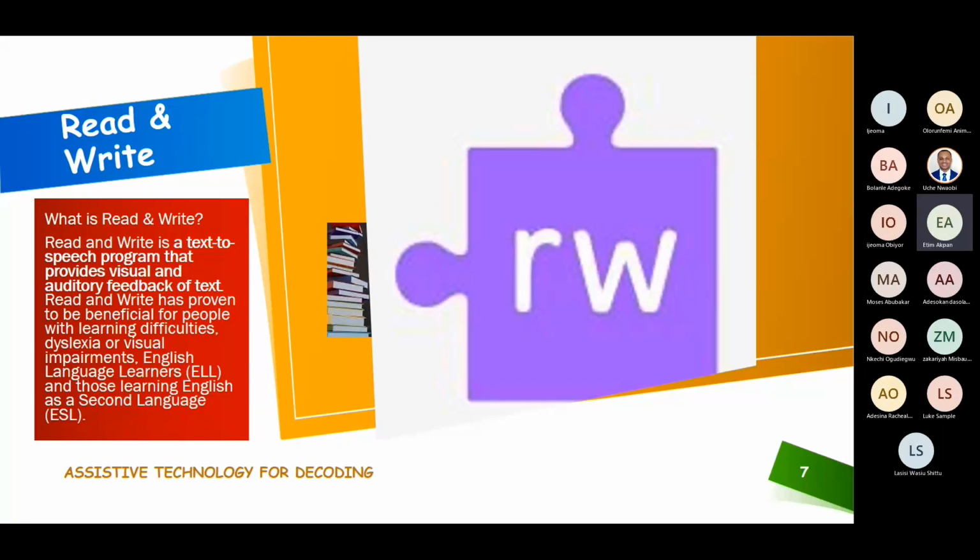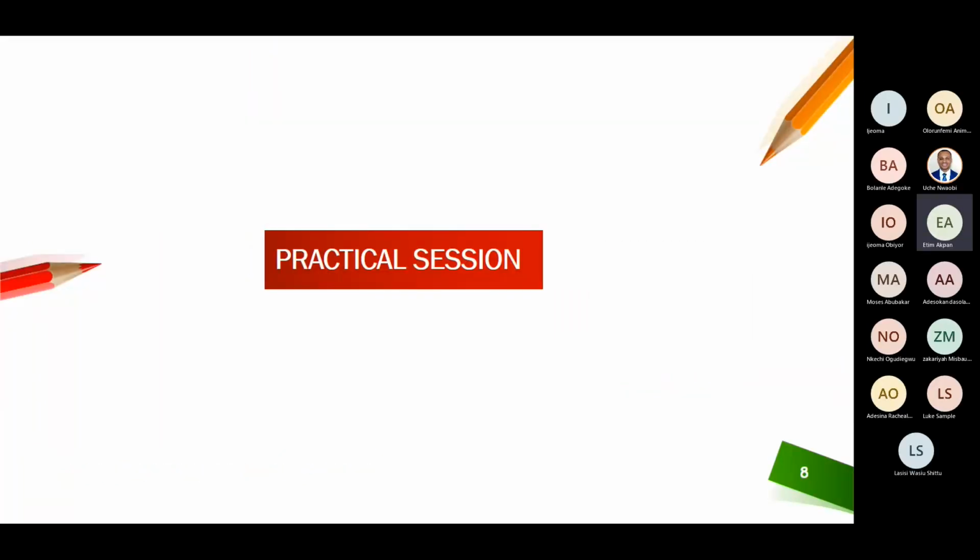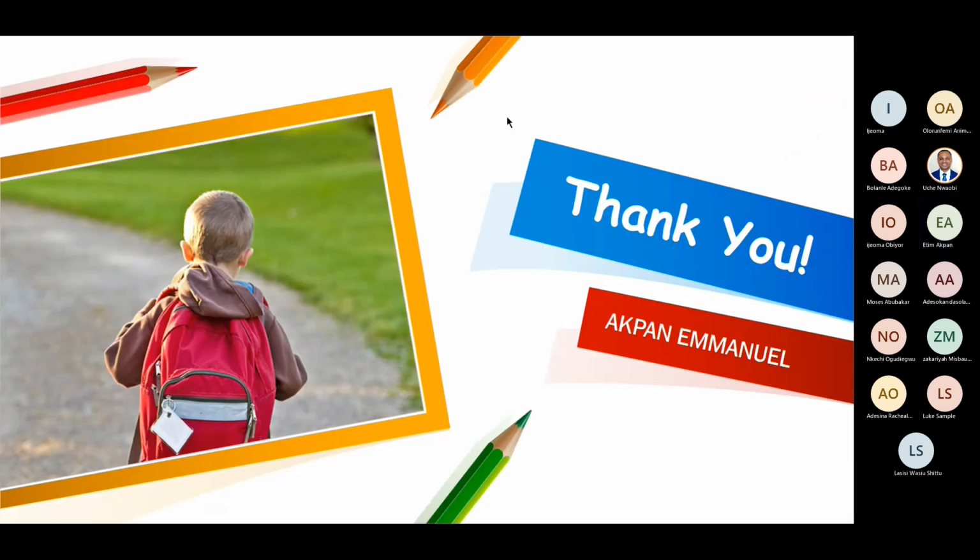So having said all of this, we are now going to move into the practical sessions. What we are going to need during the practical session is just Office Online or any Microsoft package, because basically you need data. So we'll be using Office Online for this session, and then for Reading Progress we'll move to Teams, and then for Read and Write we'll move to the app itself. Okay, so I'm going to first